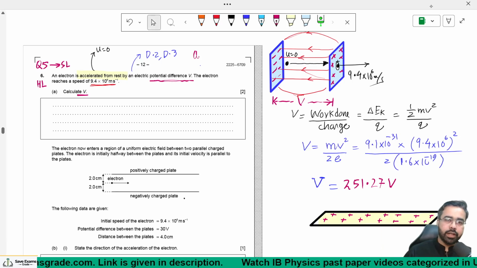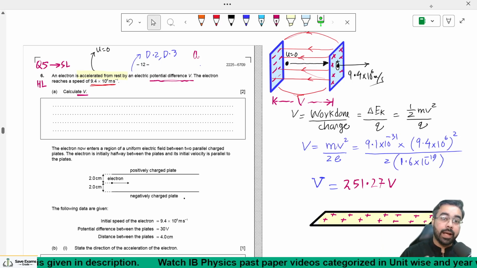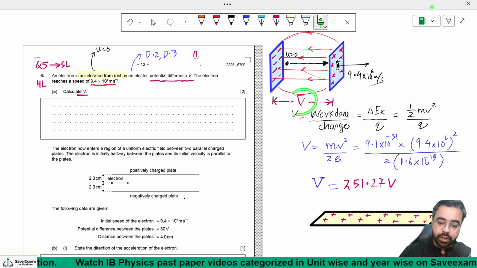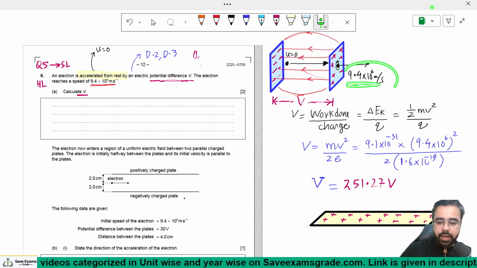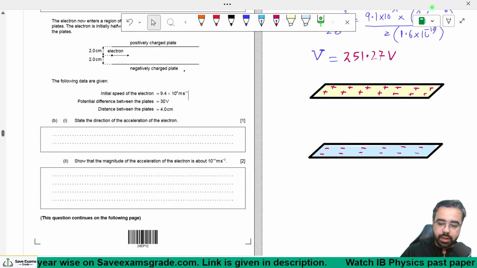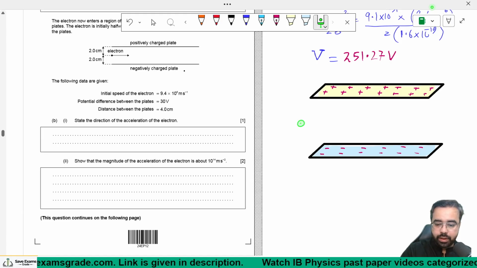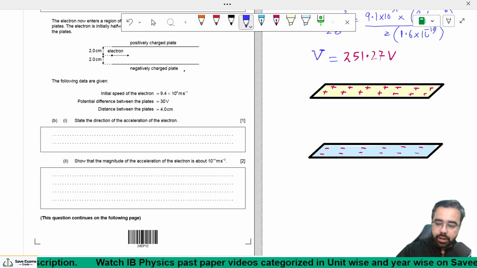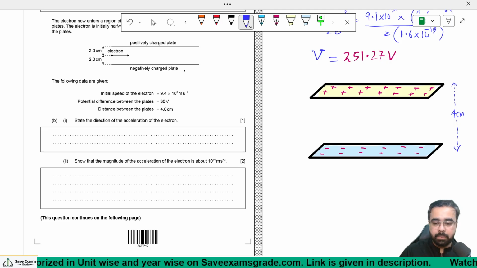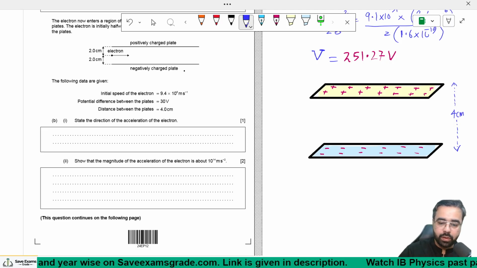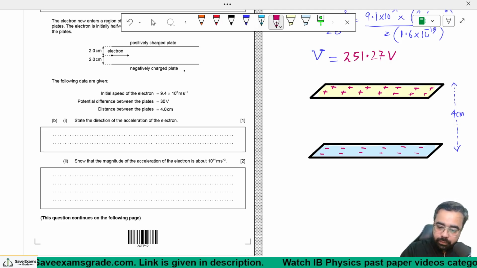So students, just imagine the energy that this electron has gained as a result of the potential difference in the previous set of plates. Due to that energy, its speed is finally 9.4 times 10 power 6, and it's moving horizontally. So just imagine it is right now here at this point in the middle of the plates. All right, and they are clearly mentioning that the distance between the plates is 4 centimeter, and this distance will be very important for us later, we will use it. Okay, now, so the electron